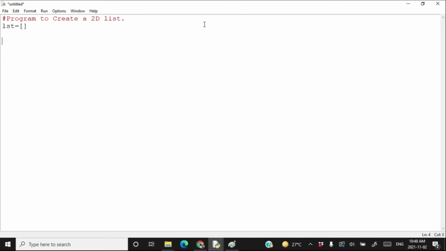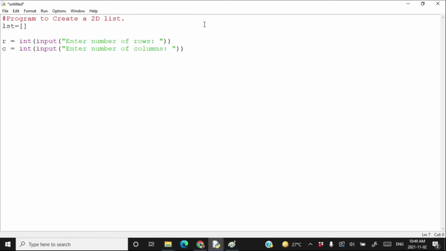You know what the number of rows represents? The number of rows represents the number of 1-dimensional lists in a 2-dimensional list. So let's write R is equal to int(input("enter number of rows")). Then write C is equal to int(input("enter number of columns")).